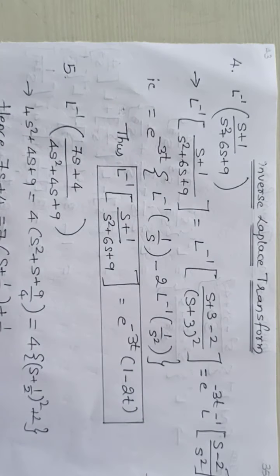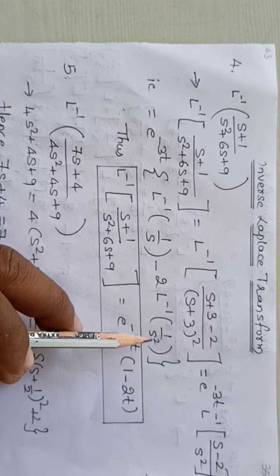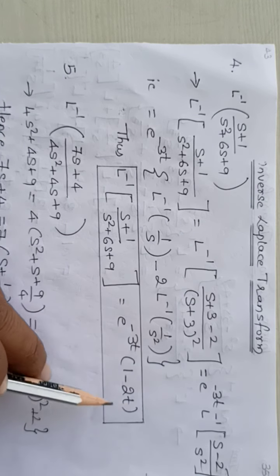So 1 by s, inverse of that term is 1, and Laplace inverse of 1 by s square, constant 2, it is t raised to n. N is how much here? S raised to n plus 1, 1 plus 1, so t is 1 divided by 1 factorial. So it becomes 1 minus 2t. Next,